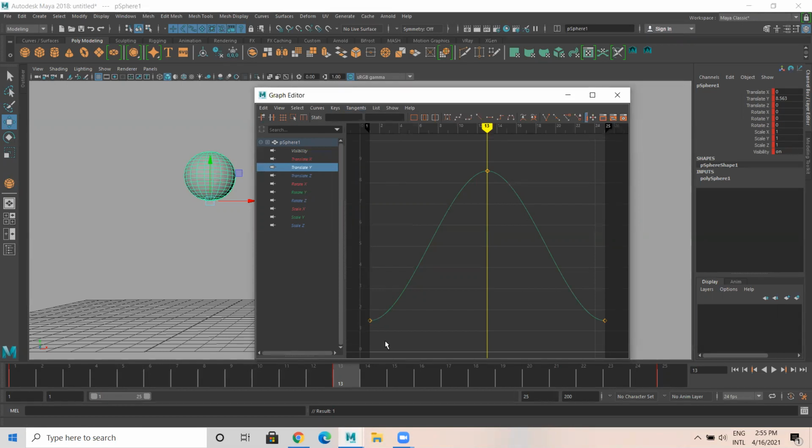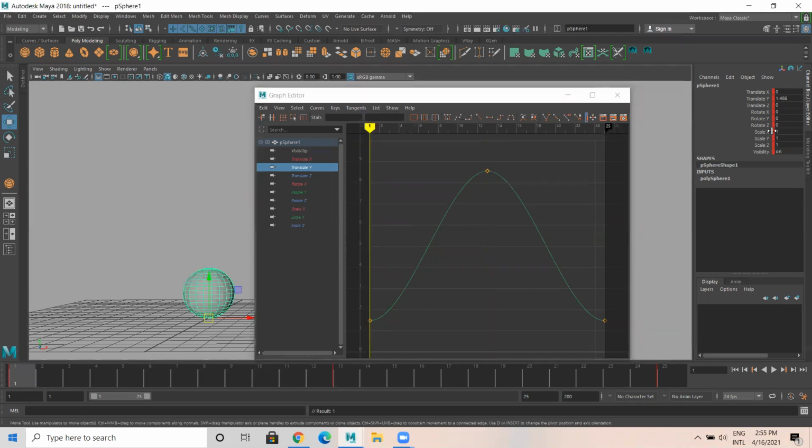Now this frame number 1, you observe. As you know, when the sphere goes up and comes down, here the y-axis value is 1.486. I'll select this key, it is 1.486.